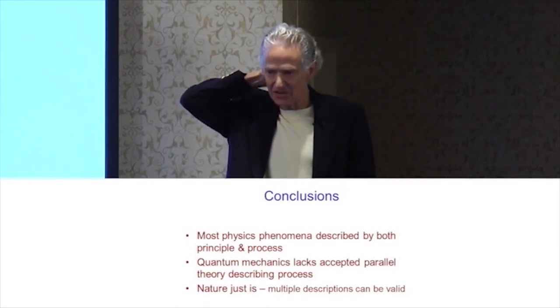Then to answer the basic question of which theory is right: when someone comes up with a theory that explains what relativity explains and says, no, this shows that Einstein is wrong. No. Nature just is. How we describe it is up to us. But we often make the mistake of thinking that our descriptions are a reality. The descriptions are just a description. And so my answer to many questions about one view versus another is both.